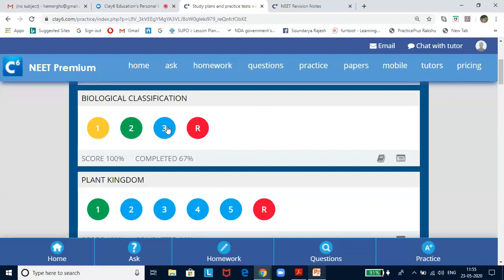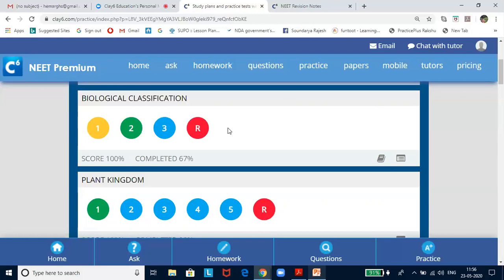A blue bubble shows that the test has not been attempted yet, and it is a reminder for you to take it. A yellow bubble indicates that you have not completed the test. Maybe you started the test and felt after 4 or 5 questions that you are not really ready with the concepts. You want to learn the concept and take the test again. So you can continue the test from this bubble, which shows that you have not completed the test. And a red bubble is a randomized test.